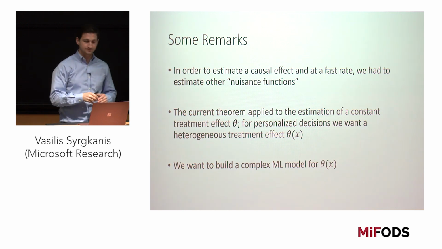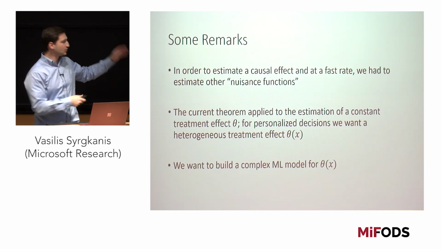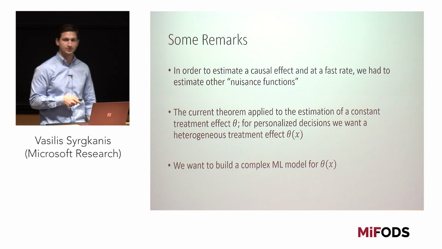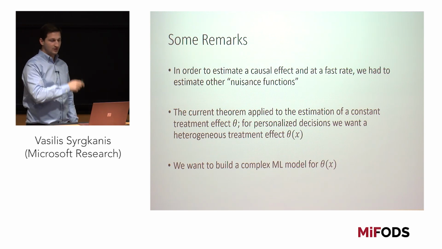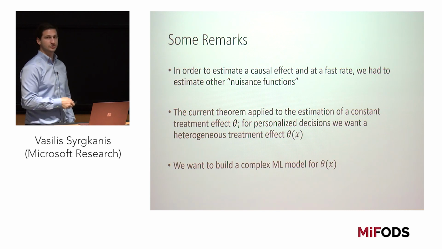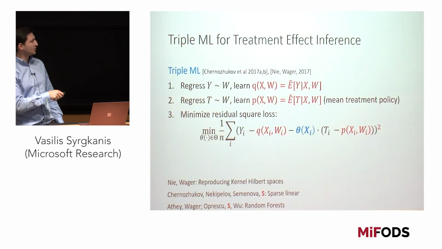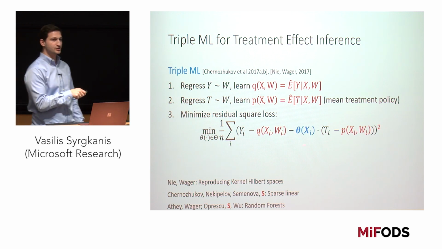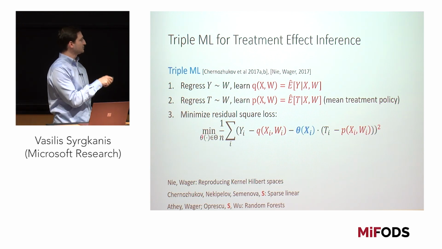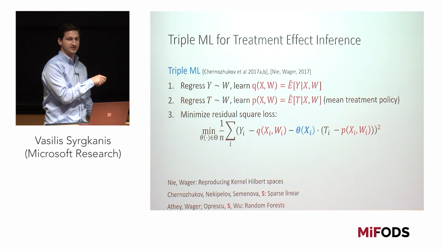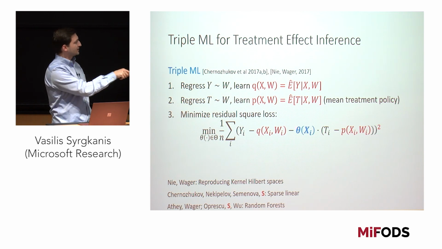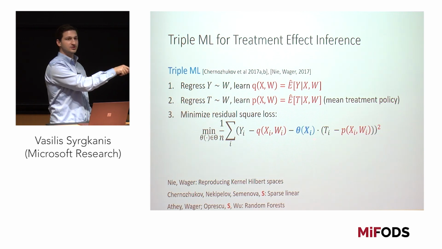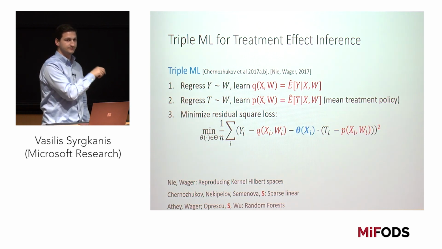So how would you alter the previous theorem in order to address this heterogeneity problem? You can do a very simple adaptation of the double ML algorithm and target heterogeneous treatment effects. And the simple adaptation is, instead of just minimizing with respect to a constant here, just minimize with respect to some hypothesis space theta of the square loss, where now instead of a constant we have any function that takes as input these features that you observe. Okay.